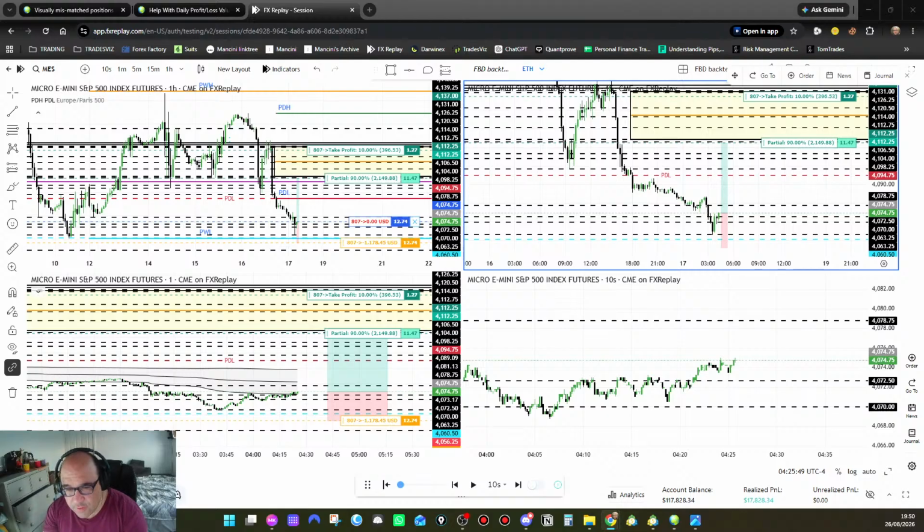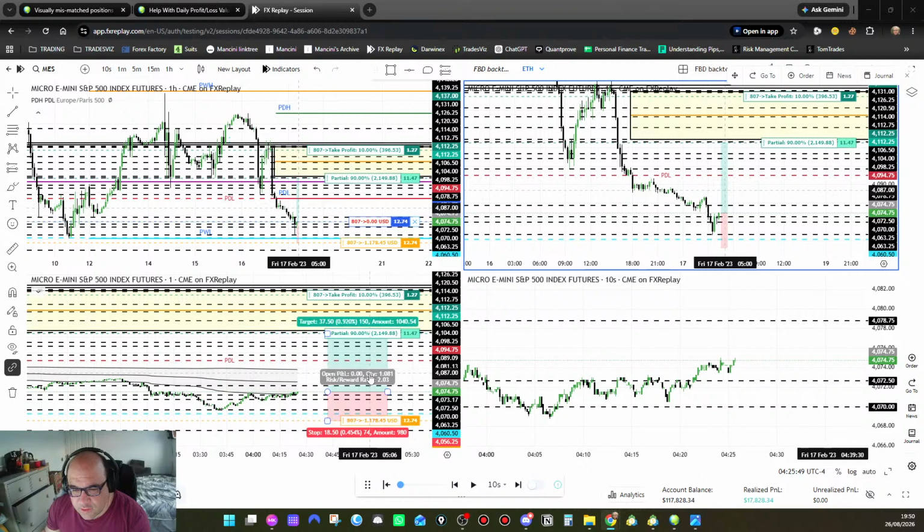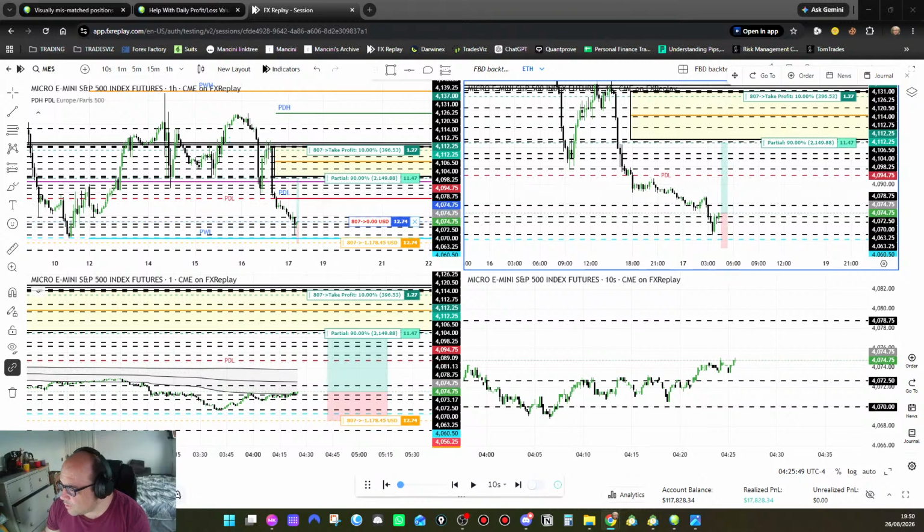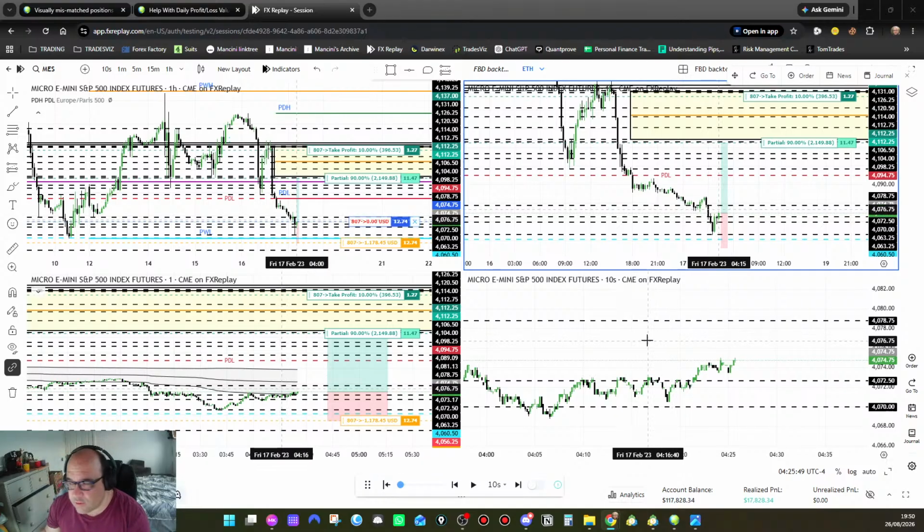Aiming for the backtest of the previous DVA low and a runner to the previous DVA high. And it's 203. Okay, so we took the screenshot, we put our notes in,